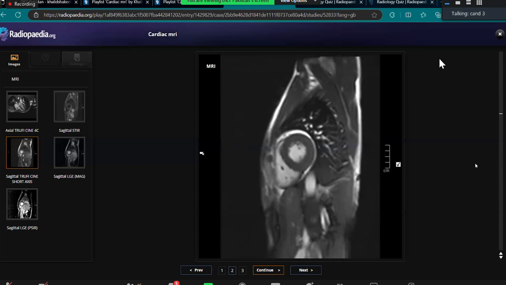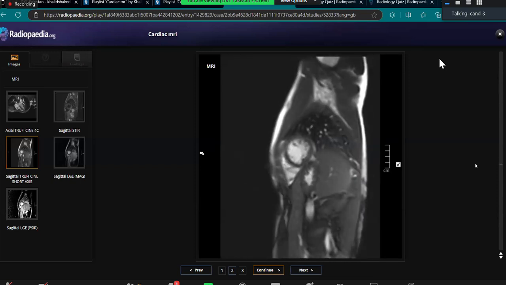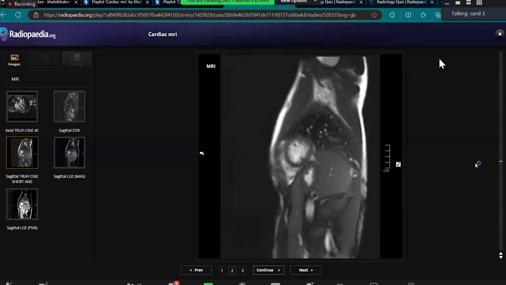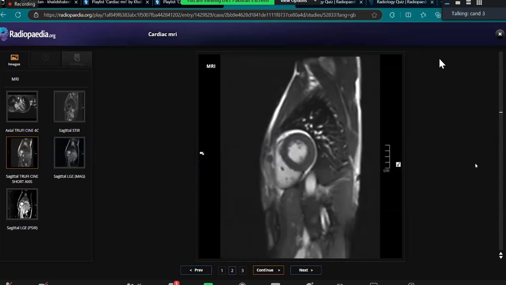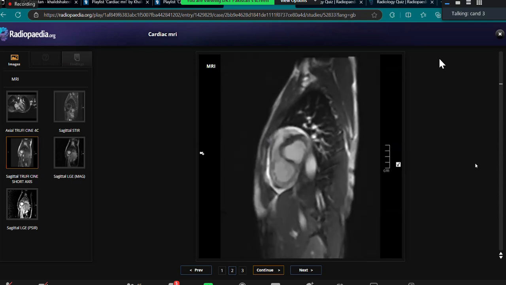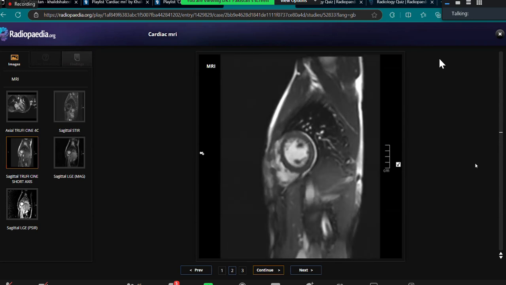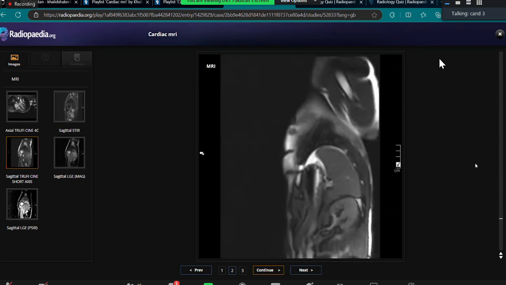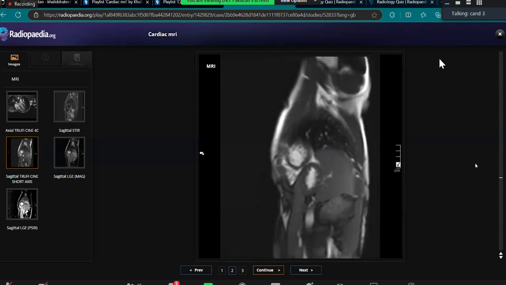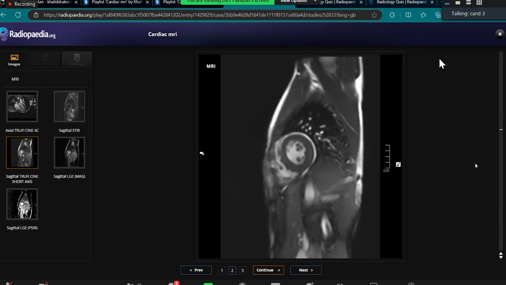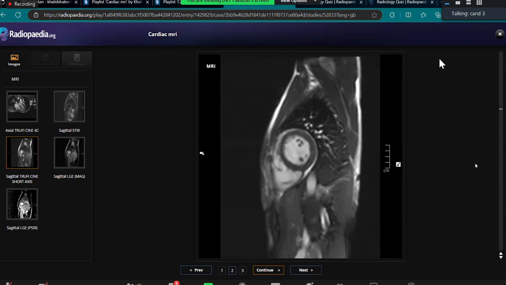So I'm trying to look at the wall motion of the heart. Here I can see an area of increased intensity in the mid cardiac myocardium. So I need to confirm this